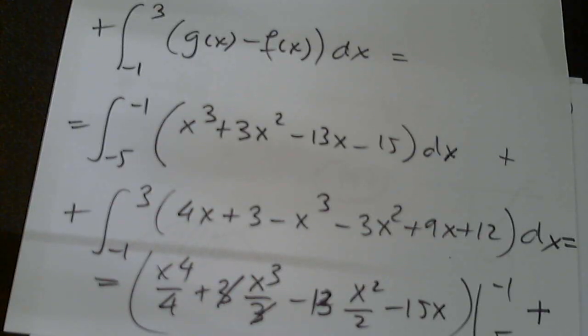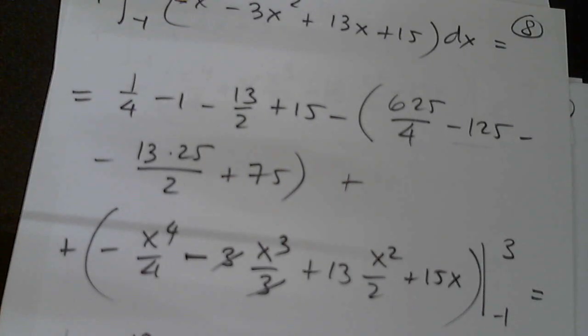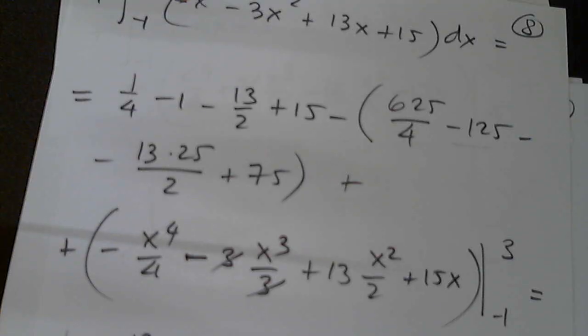Okay, where is my function? Yes, -x cubed, so it's the same thing with the opposite signs. Yes, so -x cubed minus 3x squared, and then plus 13x, and then plus 15, of course dx,